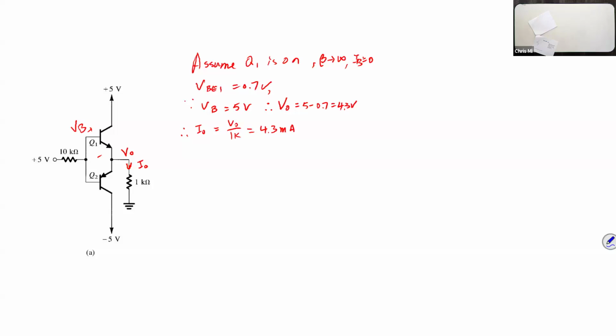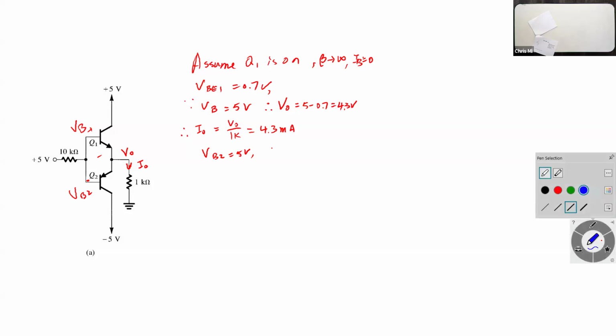And then we're going to have VB2, which is the same thing. So VB2 is going to be also 5 volts. So less than, what happened? So VB2 is